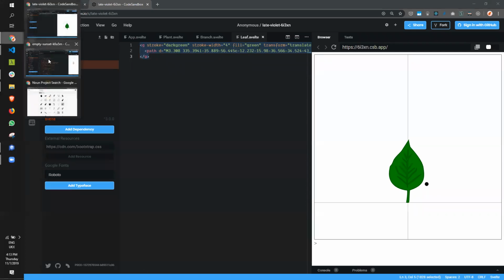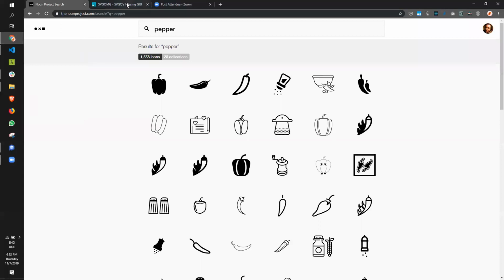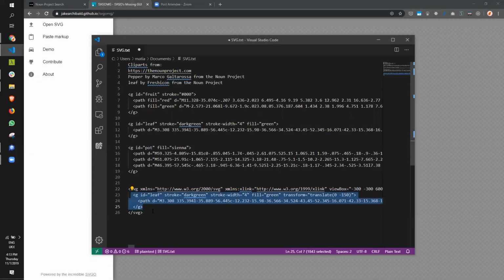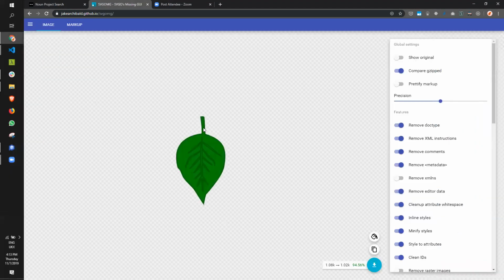And what I showed to Mariana yesterday is that there is this tool from Shake Archival, SVGOMG, that you can paste the markup into. It has to be proper markup, so we have to get the full thing. This one in particular has a transform there. You can see there. So if you paste it here, you're going to see the leaf there, and